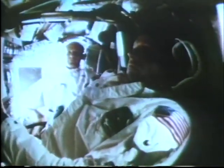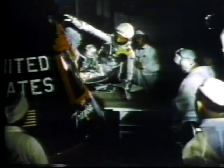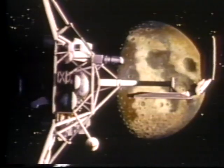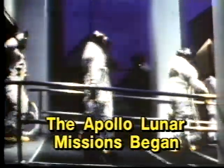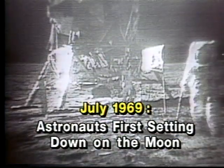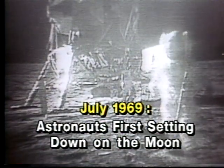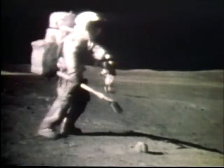During the 1960s, striving to reach the moon, American astronauts orbited Earth for the first time. Then, following probes to the moon's surface, the Apollo lunar missions began, with astronauts first setting down on the moon in July 1969. During the next 3 years, 6 Apollo spacecraft landed on the moon, with astronauts exploring the lunar